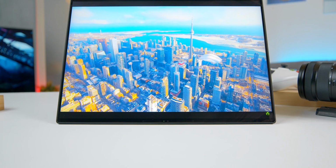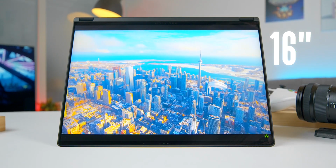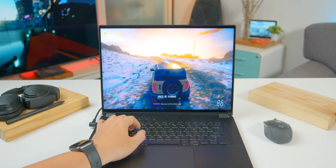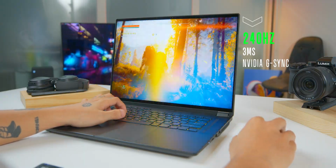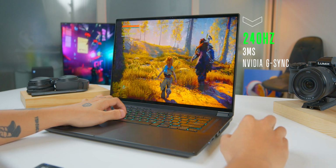The screen of this device is worth mentioning first. With a 16-inch size, the mini LED display features a maximum brightness up to 1100 nits, a high resolution of 2560 x 1600, 10-bit color support, a refresh rate of 240Hz, and support of NVIDIA G-Sync and touch input. There is a lot of technology packed onto one screen, making it challenging to convey, but I will try to summarize it